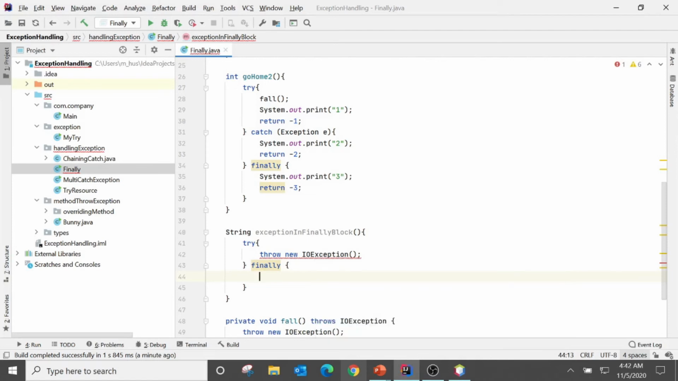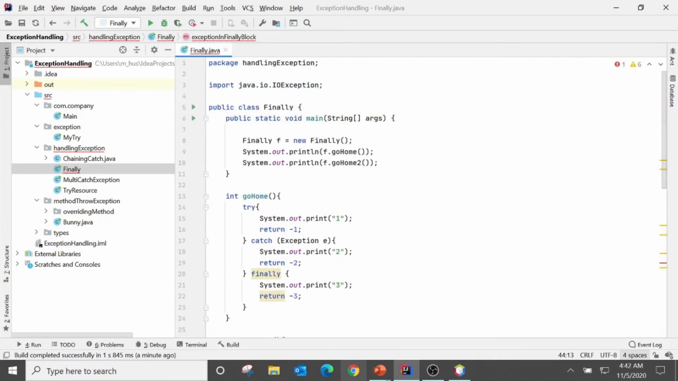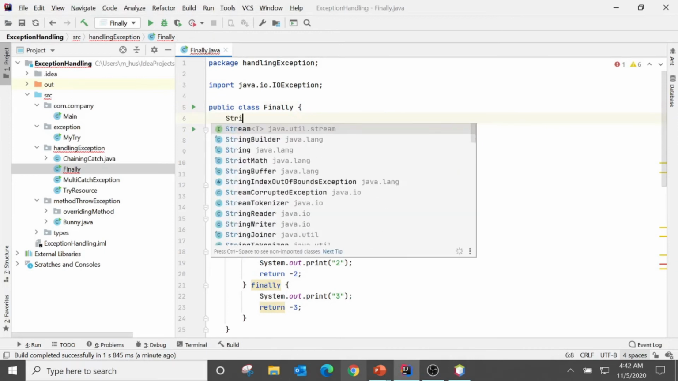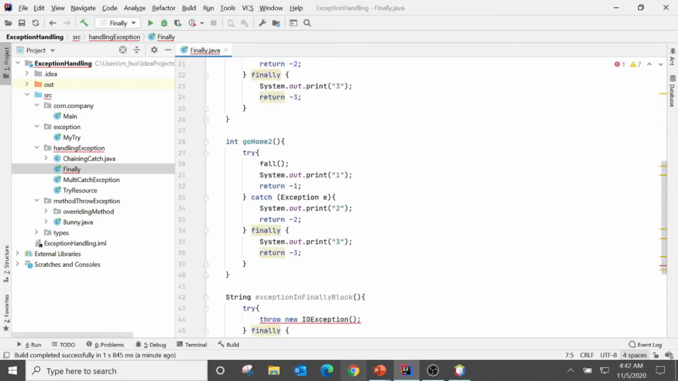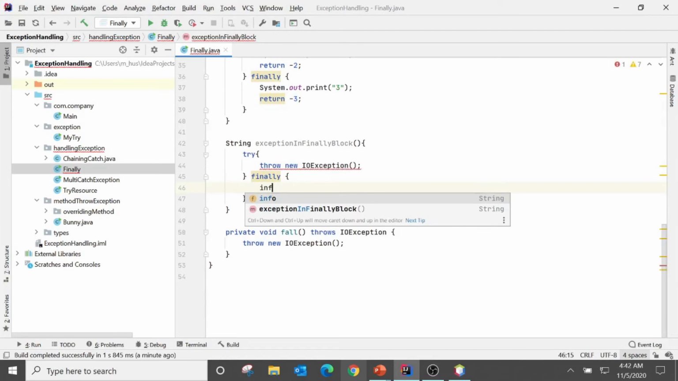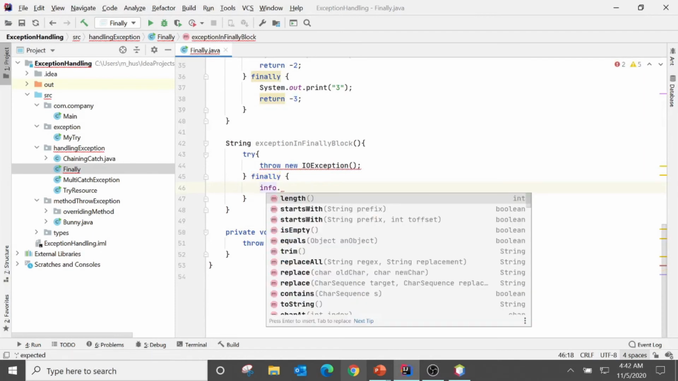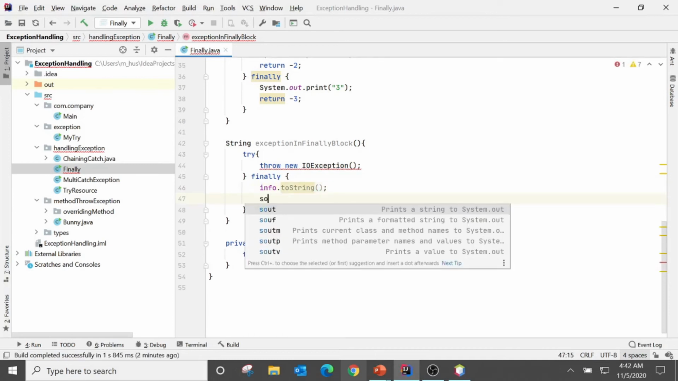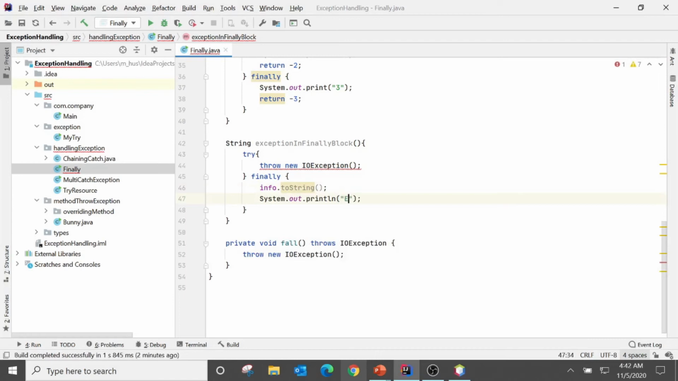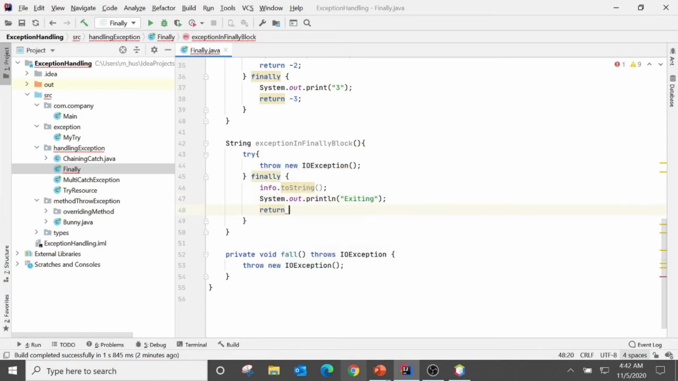I declare one class variable, like string info, and you know that this value would be null. If I say info.toString, it will throw a NullPointerException, and I say sout exiting, and then return zoo. Okay,